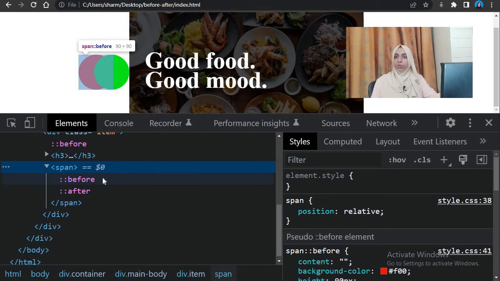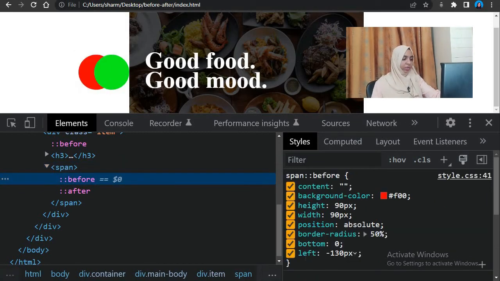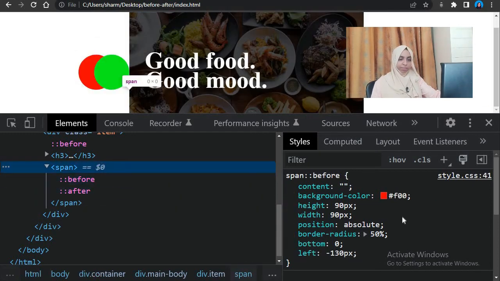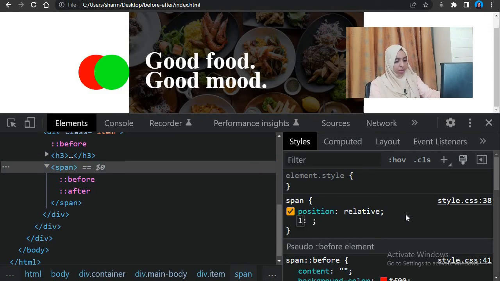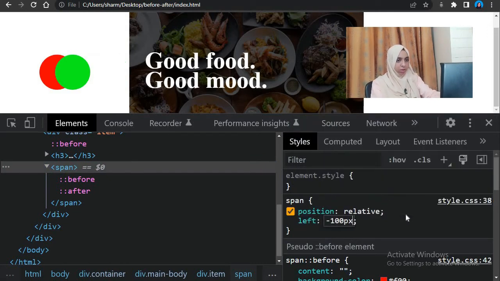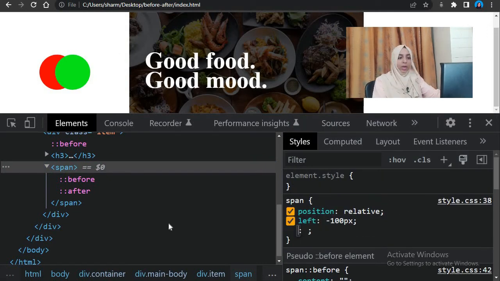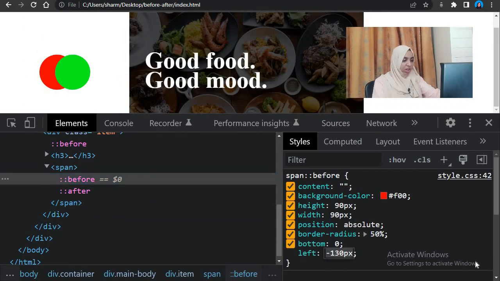There are many ways of doing it. The one way that we can find is, instead of giving... okay, let's not do that. Let's give our span a left of minus 100 pixels. You see it's going behind, so we can just change these values to be closer to the div.